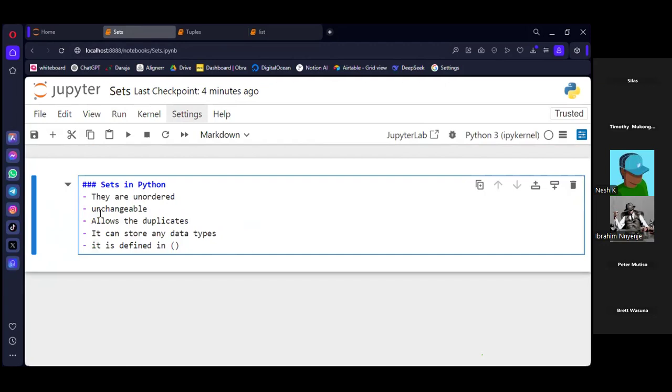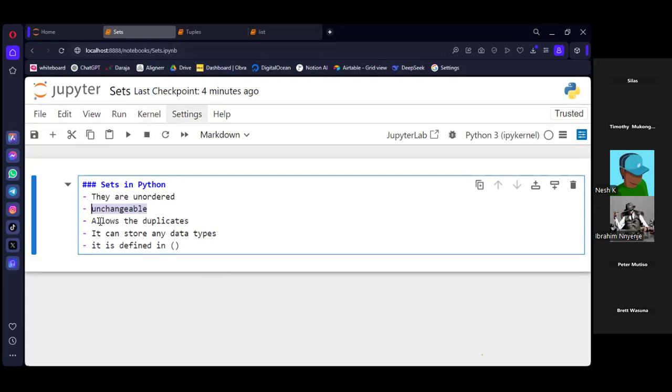Another thing about sets: similar to the tuples, these are unchangeable. Once you have defined the sets, you cannot change them. And also, sets do not allow duplicates, unlike these other ones.